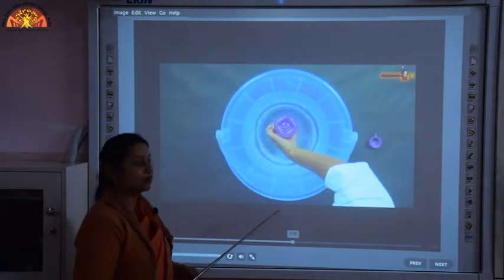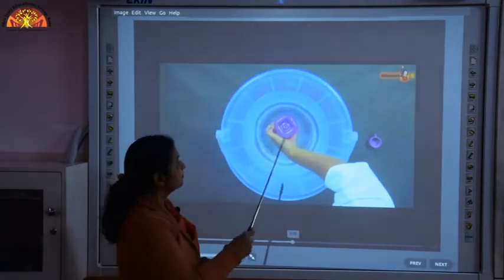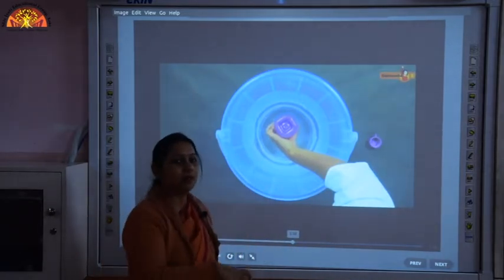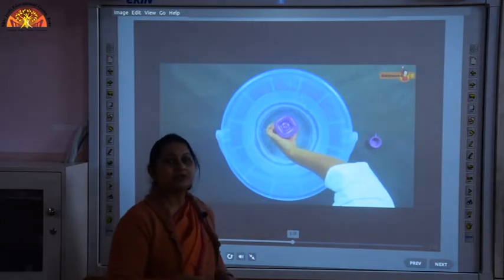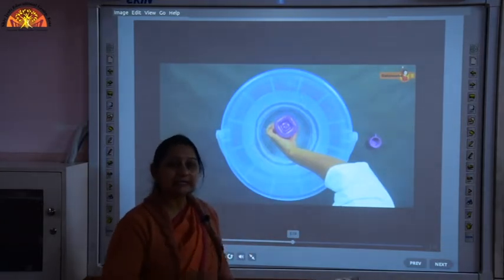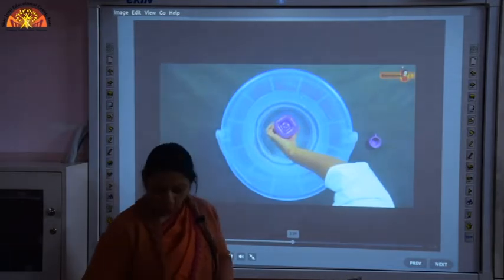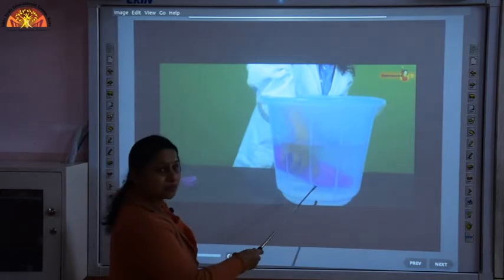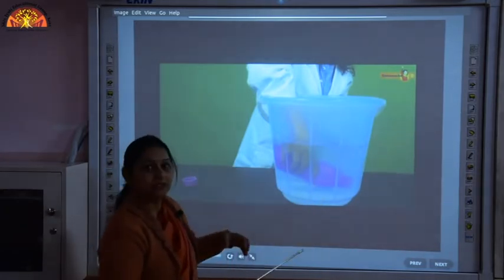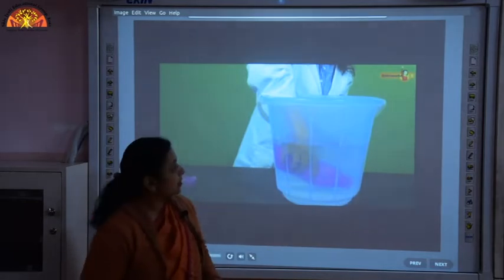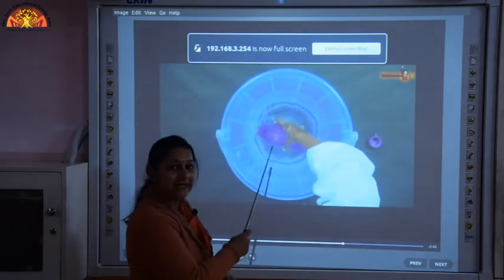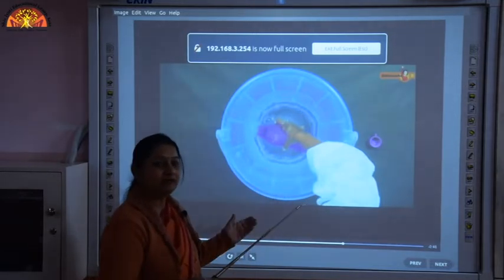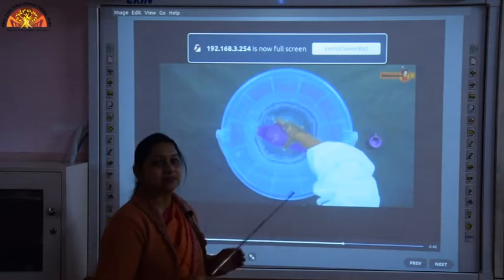Now, before that, we are going to take a bottle and a bucket of water. In the bucket of water, when we try to insert the bottle straight, we are not able to insert it because it is containing air inside it. And when we tilt the bottle a bit, and we insert it in the water, we see that bubbles are given out. The bubbles of gas or air bubbles come out, and these air bubbles, or the air which was inside the bottle, is displaced by